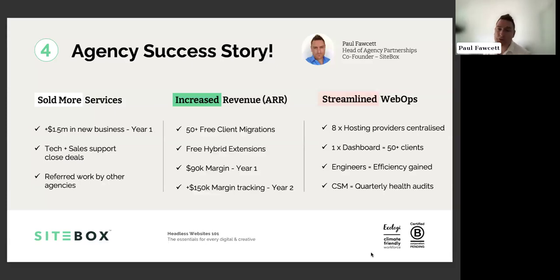So not small numbers, especially when you consider that's in perpetuity, and that will just increase and accumulate year on year. From a streamlined web operations perspective, we assisted in transferring 8 separated hosting providers globally, and we centralized them into one ecosystem. So within that one dashboard, they have that bird's eye view over 50 of their clients, which has streamlined